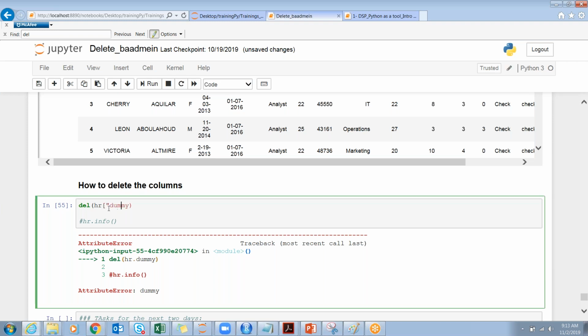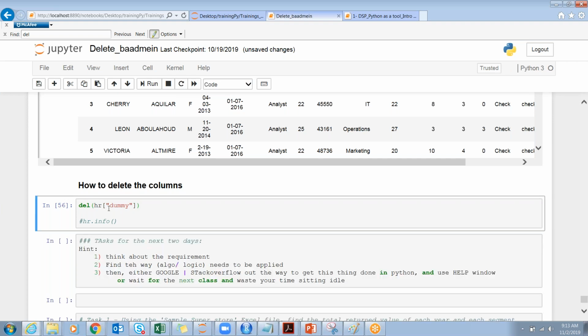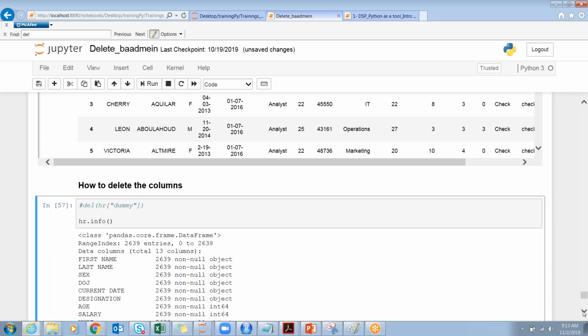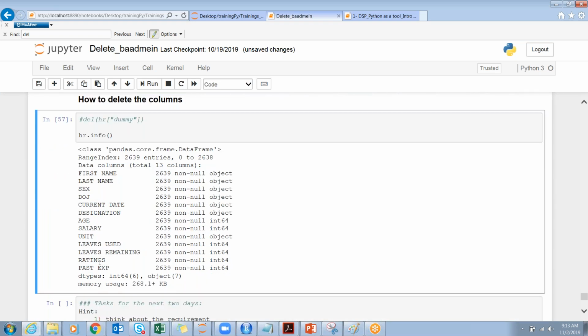So syntactically, you have to be very particular and cautious. Don't be afraid even if you get some errors in the very first place. And this is the right one now. I can check it. Here you go. I'm very sure you don't have the dummy variable. So this is the first way,